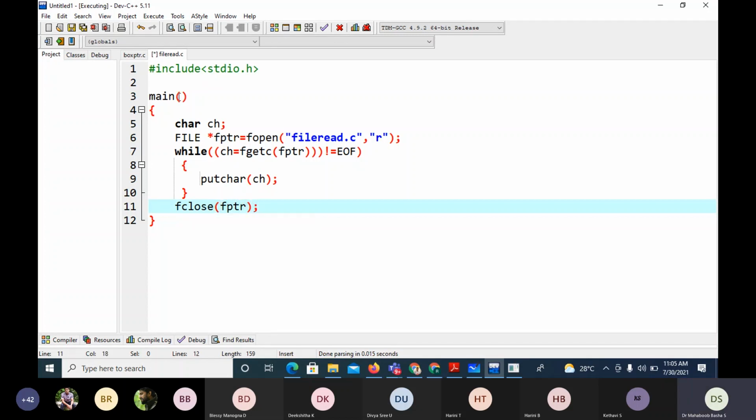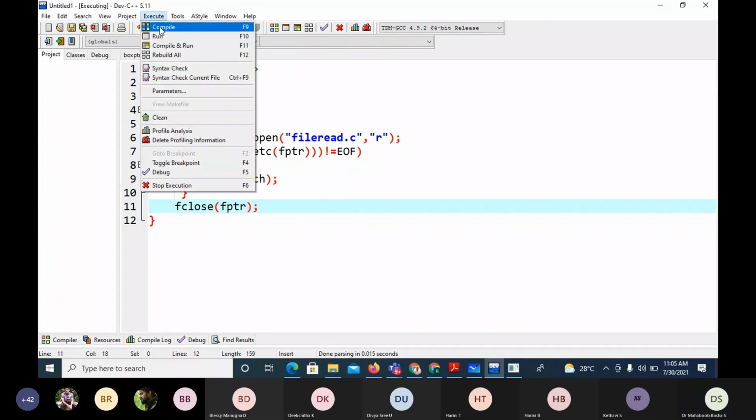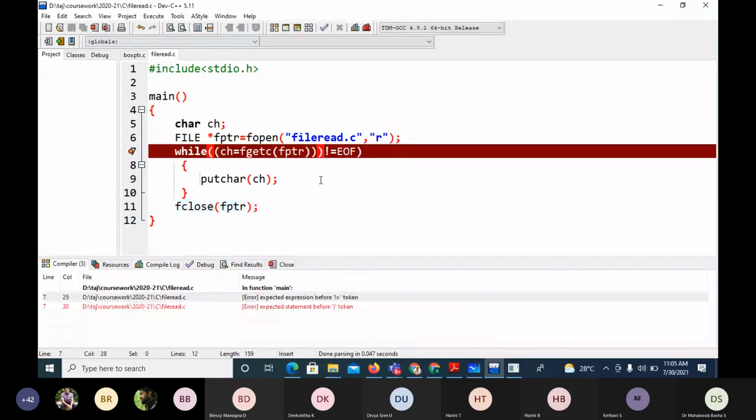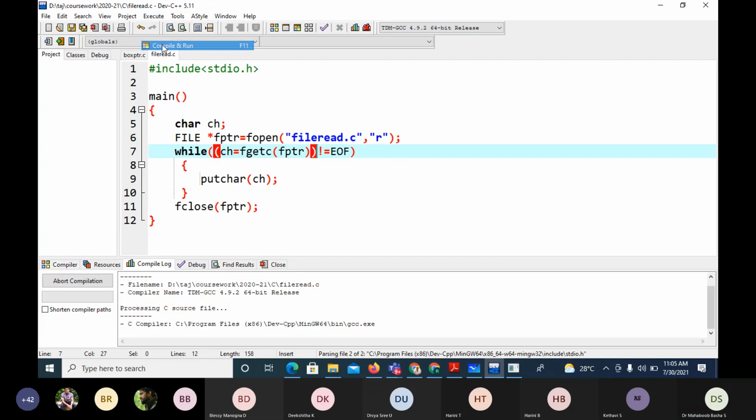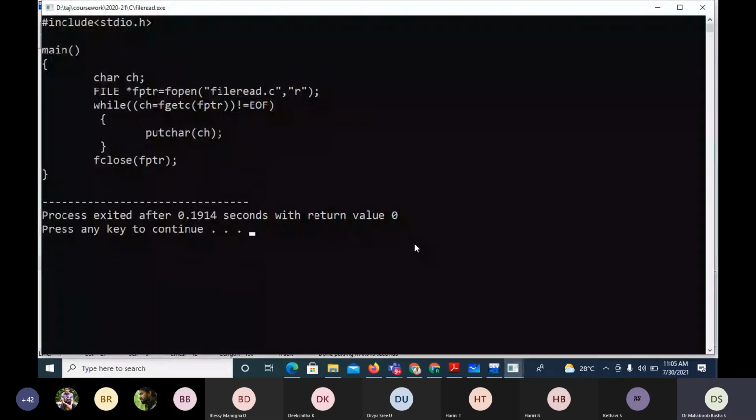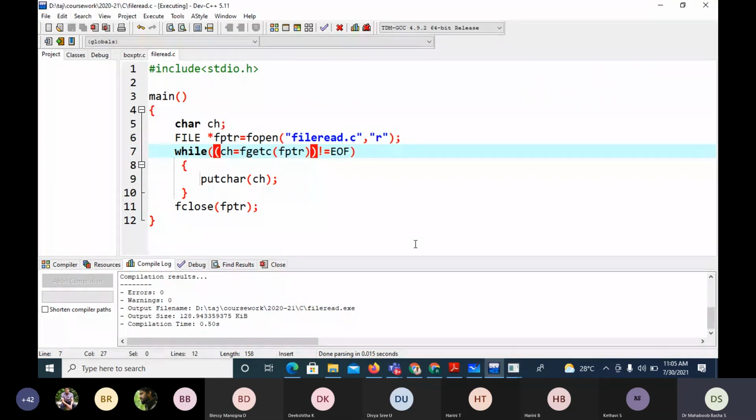I'll execute this. So it is printing the same file. Whatever I have written, it is printed. You can observe the same file data is printed. So it is reading one character at a time. And I can also write here -1 because EOF